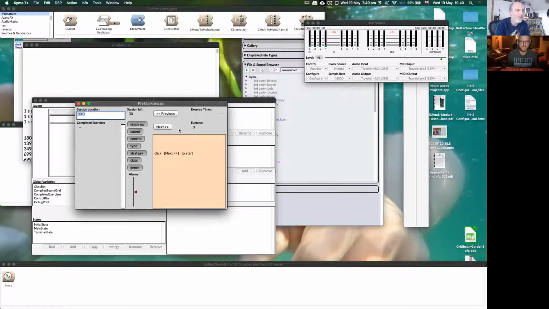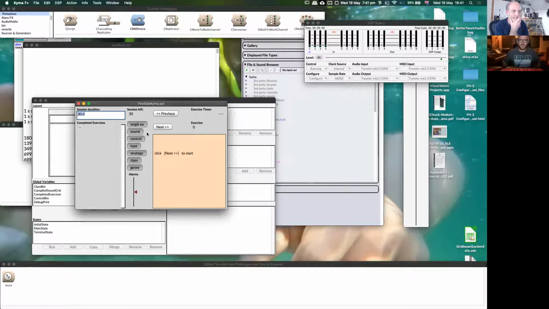I see "single exercise" there, and then we see "sound". What it does is it has these lists of different things and it can choose from them. You can enable or disable the lists that it's going to choose from. So sound is like, what kind of sound is it? Are you trying to make a sound that's watery, or a drone, or a lead synth? Yeah, you put those names in there, and we can put more in. It's adjustable.